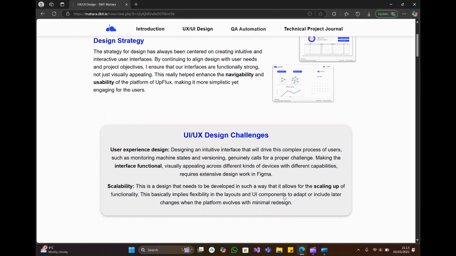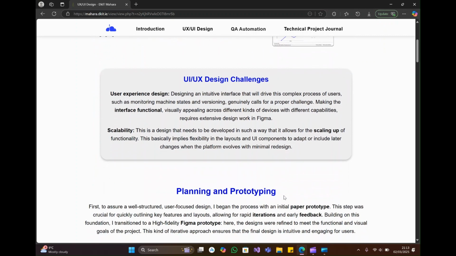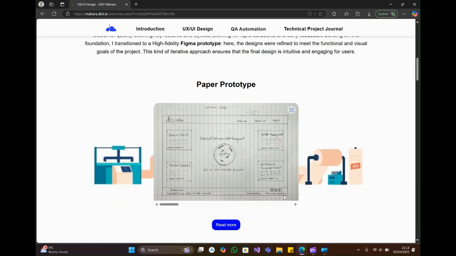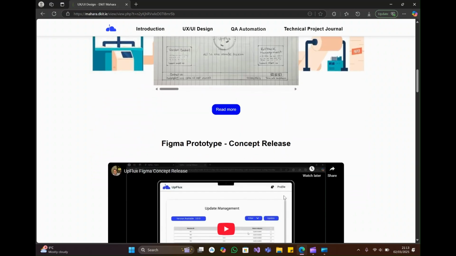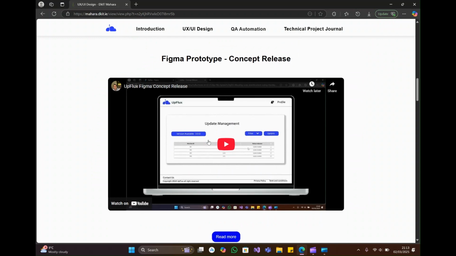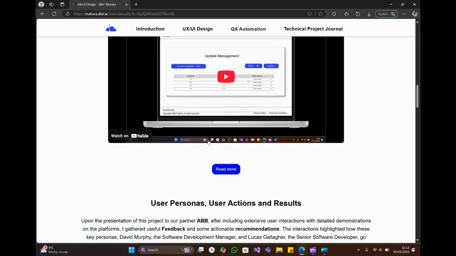Firstly, I started with paper prototyping for refining ideas quickly, and then after receiving some feedback, I transitioned to the high fidelity in Figma design for the concept release, enhancing the interactions and visual hierarchy, and balanced